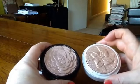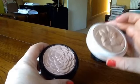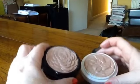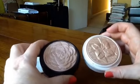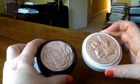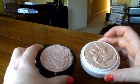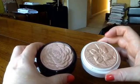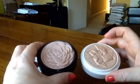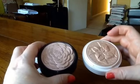So I've shown the two, I think, side by side before. Very similar. This is more rose gold. This is pinkier. But the actual consistency, the presentation of the pots and the engraving and so forth, they're very, very similar indeed. So I would say that if you missed out on Cruel Gardenia, which was a very popular product from Guerlain, and you can get your hands on this one, then you might want to do that, because